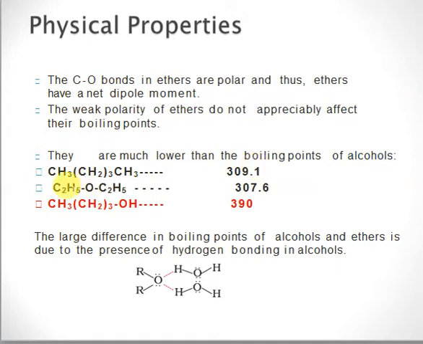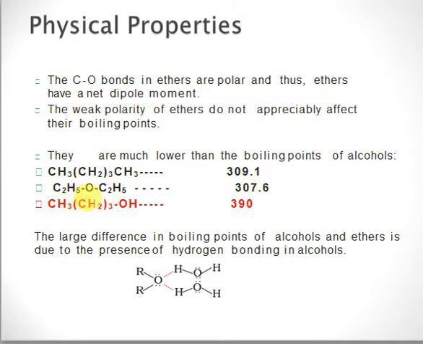In case of ethers, the boiling point is 307.6. So you may say that the boiling point of ether is lower than that of alkane as well, while